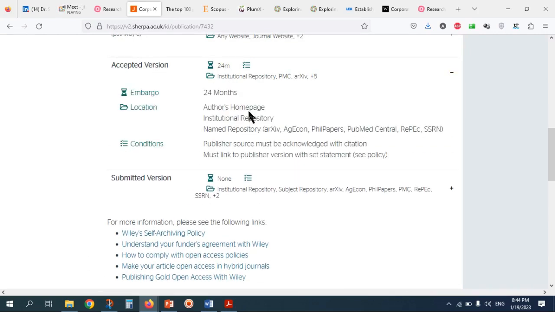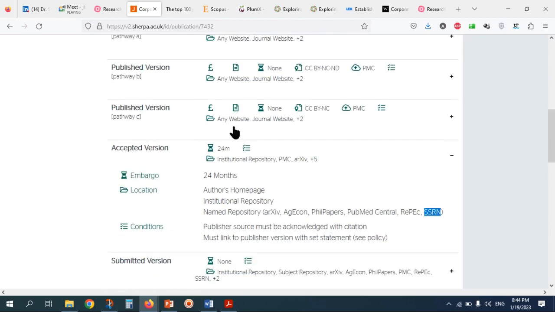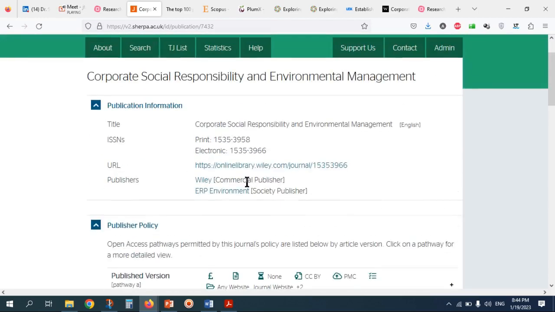It has a 2-year embargo time, and after 2 years you are allowed only to use the author homepage, an institutional repository, archive, and so on. And also you are able to upload on the Social Science Research Network. Very good. It means you should check the limitations applied by the publisher or the journal, and then upload to different repositories.